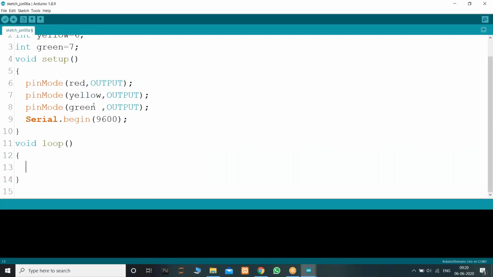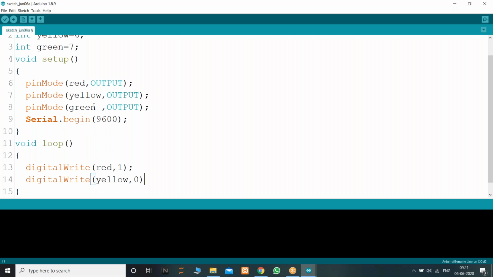So the initial thing, I want to turn on this red LED. So digitalWrite red comma 1 for turning on this red LED. digitalWrite yellow comma 0.